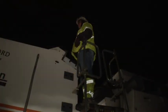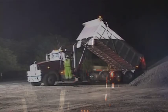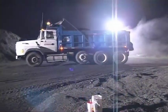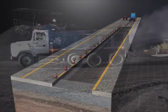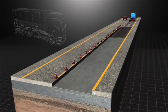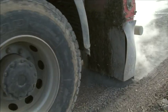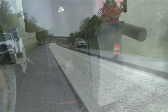Interstate I-81 is one of the most important north-south connections in the eastern part of the United States. Trucks transport the milled material to a mixing place situated near the construction site. In the next step, a lime cement mix as a binding agent is pre-spread, thus preparing the surface for soil